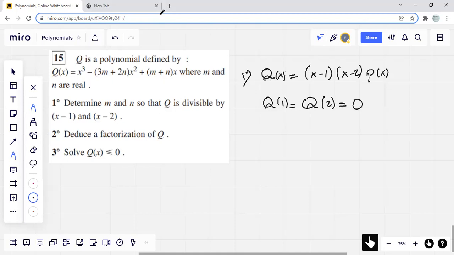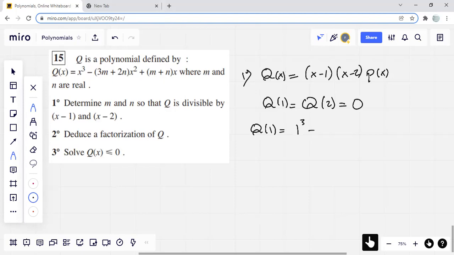Okay, so now from this fact here, we will determine m and n. Let's substitute 1 in q that is given here. What will we get? Okay, q of 1 will be equal to 1 cubed